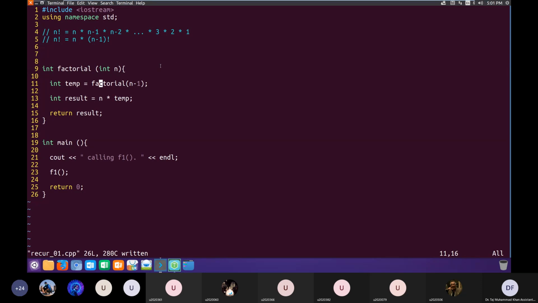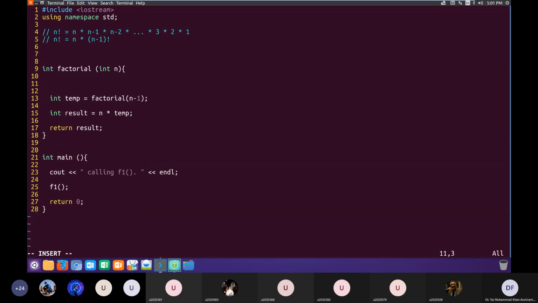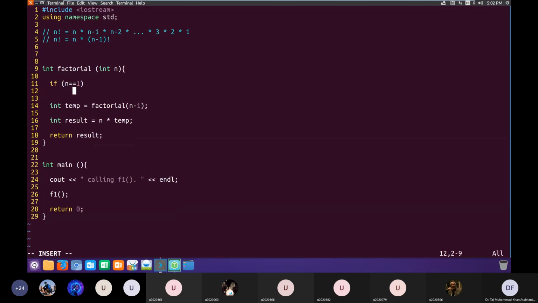So this we can control in our code here: if the recursion has reached these lower numbers, let's say 1, if n equal 1, then instead of continuing calling factorial further, just stop this recursion and return 1, because factorial of 1 is 1. Let us test this function and then we'll see its working step by step.